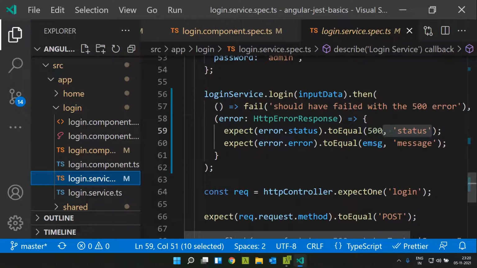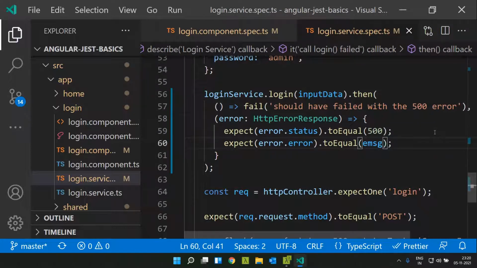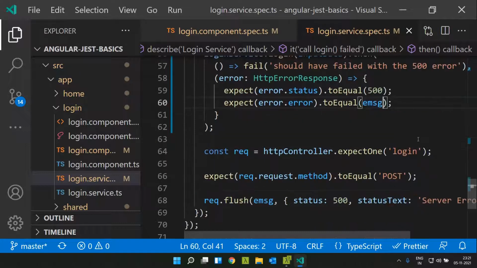And here one thing to note is that, as I told earlier, the assertions are almost similar, but Jest does not accept a second parameter for this aspect. Jasmine allows that, which is basically a custom error message we can pass. Jest does not allow that, so we can remove it. In case we need to emulate this, we need to use third-party libraries, or we can wrap them within a try catch, and in case any error comes we can catch that and display our error message. So here I am just removing that.